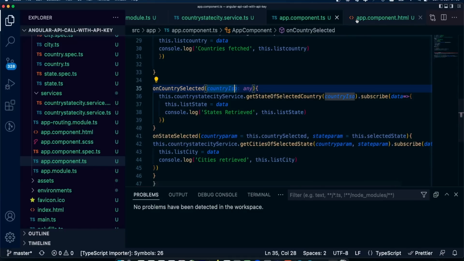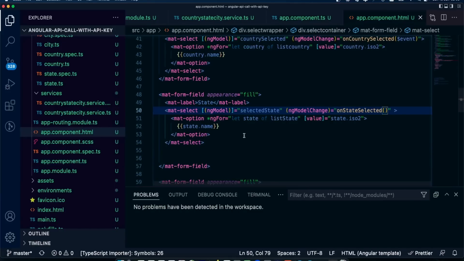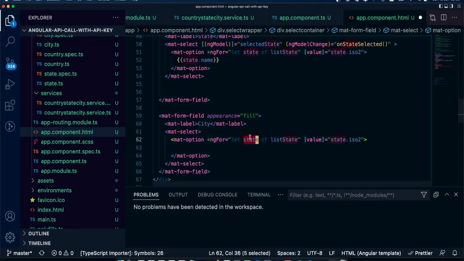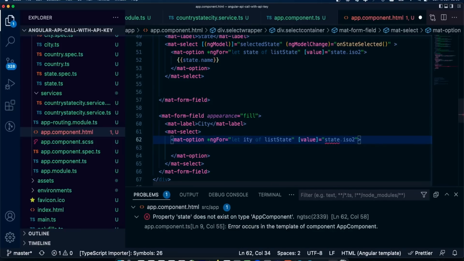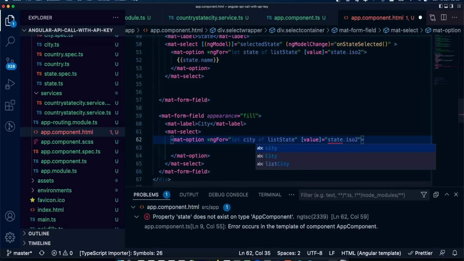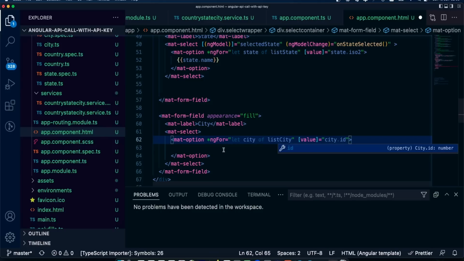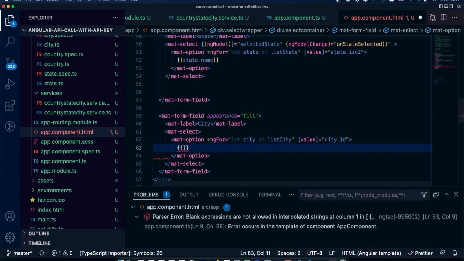All right, then let's go to the app component HTML. We're going to repeat this anyway, so I'm just going to copy that to make it faster, and then in the value as well, this will be city. Let city of this.city, city.id, and the option text will be city.name.